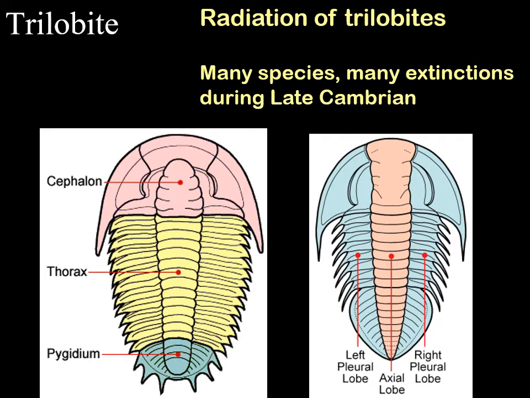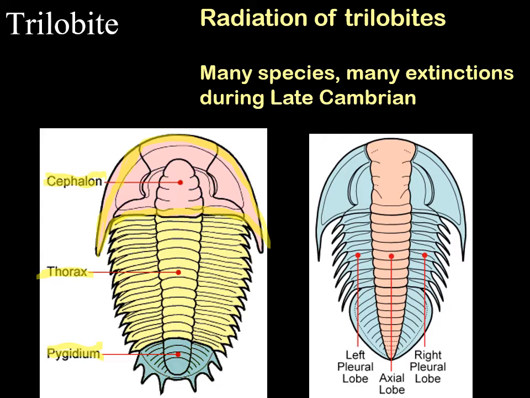Now, the word trilobite means three lobes. And this can get a little confusing because we have two different ways of describing the lobes of a trilobite. The head structure of a trilobite is known as the cephalon. Now remember, you're looking down on the back of the trilobite, so it's actually the back of its head. This entire big structure here, this big boomerang-shaped thing, is the cephalon. The main body portion of the trilobite is the thorax, and then you have the tail portion, which is the pygidium.